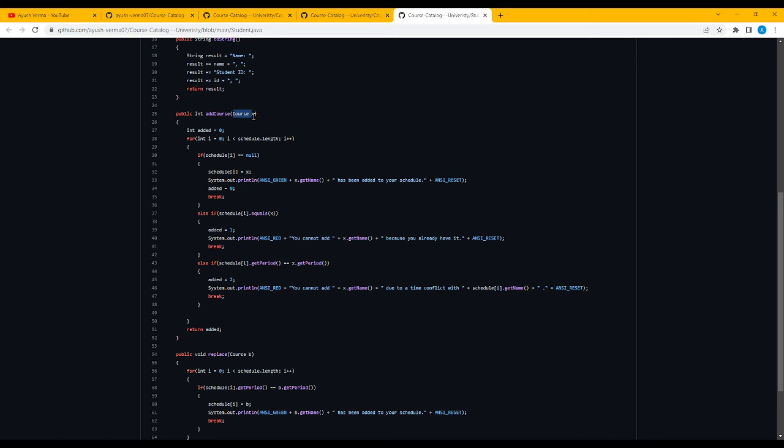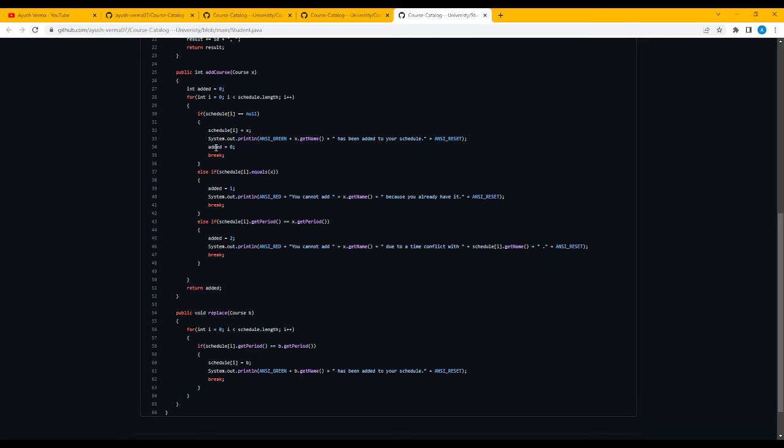Course X is the parameter I take in. I print out that it's been added to your schedule. I make added equal to 0 still, and then just break out of the for loop. All right, you guys will understand added when I get through it. Now in my else